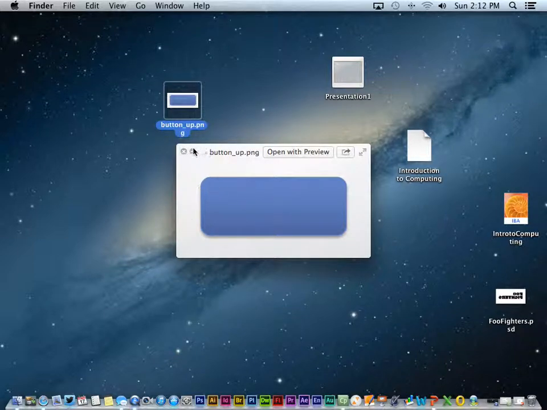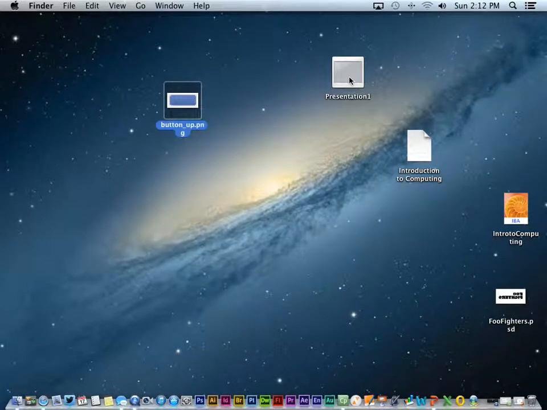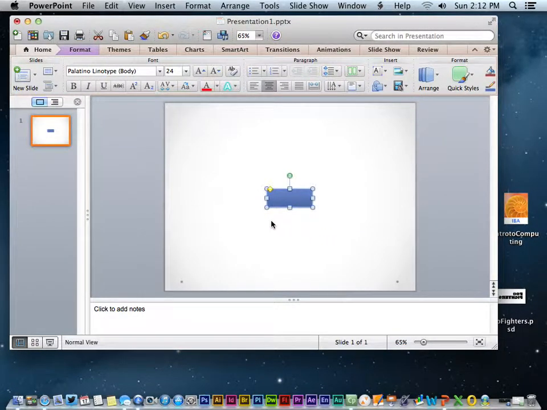It has a little drop shadow there. Everyone's happy. So that's something that we want to utilize. So I'm going to go back to my presentation, and I'll go back to modify this particular button that we